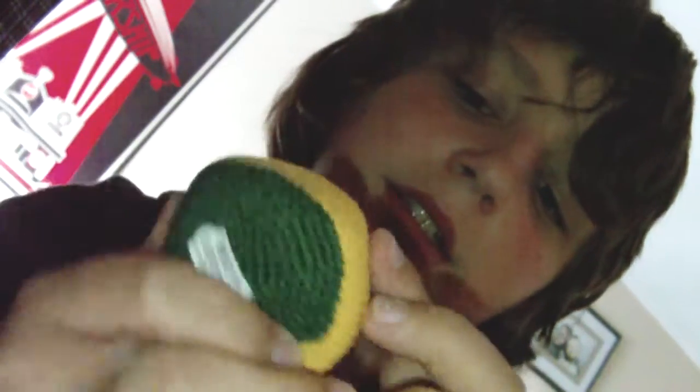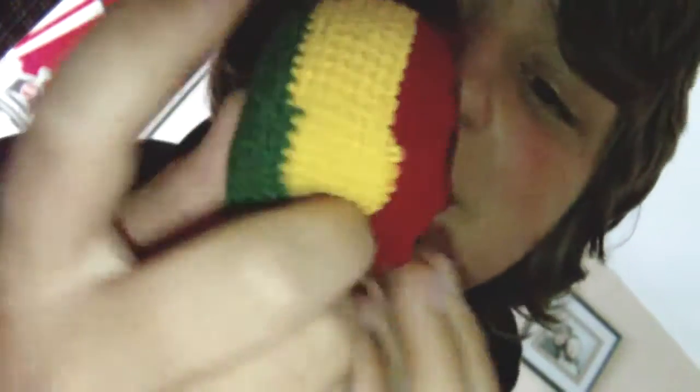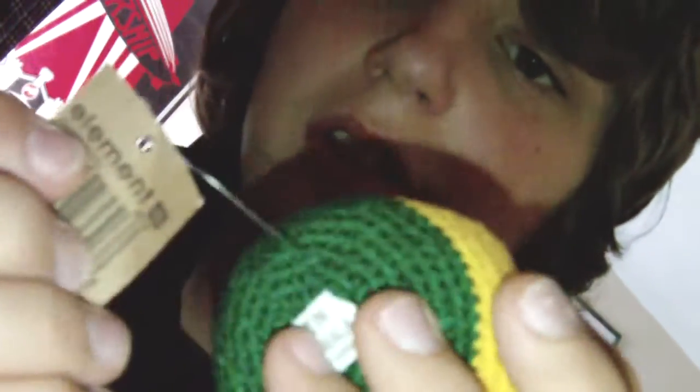Made in Guatemala. It's got the element thing on it, and then this. Oh, this, and then the thing. Yay! Take this thingy off. Take the sticker off. So,